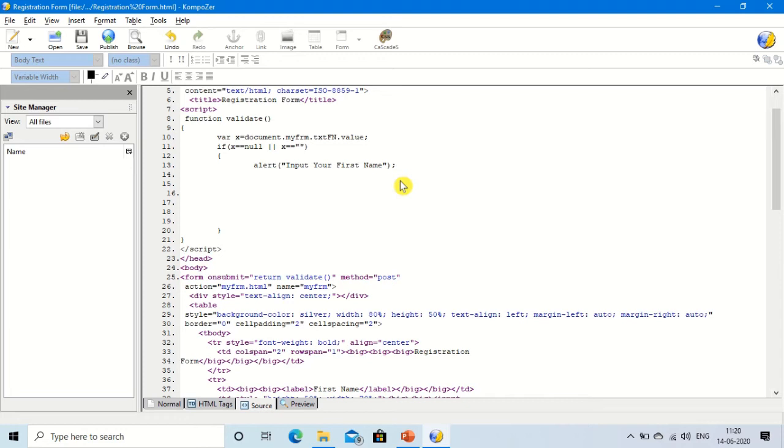So we have to mention one more code, that is document dot name of the form, my frm, dot the name of the text box, txtfn, where we have to pass the cursor in the first name text box. For passing it we use the focus method, focus, and return false.